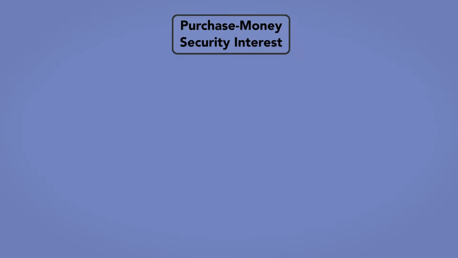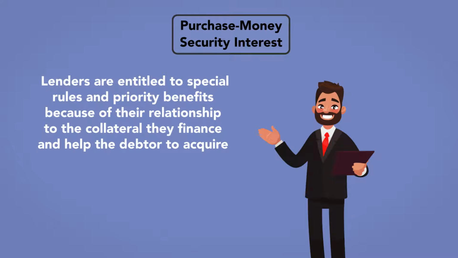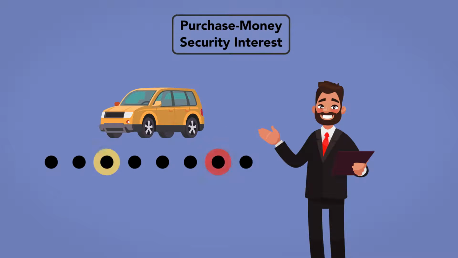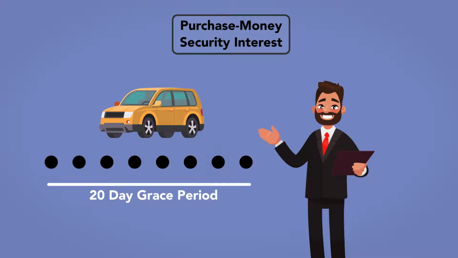Purchase money security interest lenders are entitled to special rules and priority benefits because of their relationship to the collateral they finance and help the debtor to acquire. As the basic rules indicate, sooner is always better for perfecting a security interest. A grace period of 20 days is provided to permit purchase money security interest lenders a reasonable opportunity to file